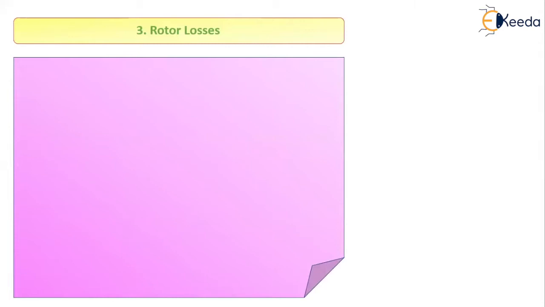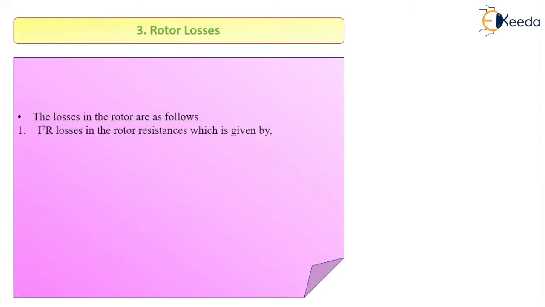So this was about the stator. Now the power is transferred from stator to rotor. So again there will be certain losses associated with the rotor. So let us see what the rotor losses are. Just like the stator, there are also I square R losses in the rotor resistance, which are given by PRC is equal to 3 I2 square R2. Here I2 and R2 represent the current and resistance of the rotor. These losses are called rotor copper loss. Just as there was the stator copper loss, we have the rotor copper loss.